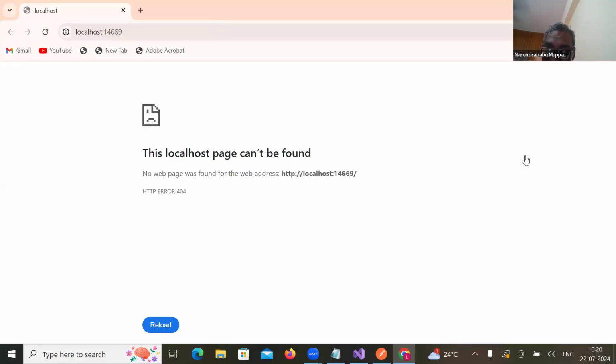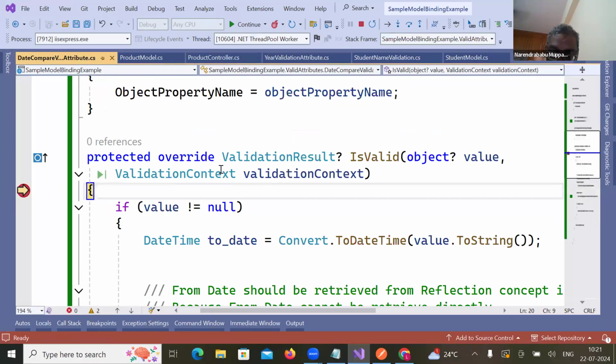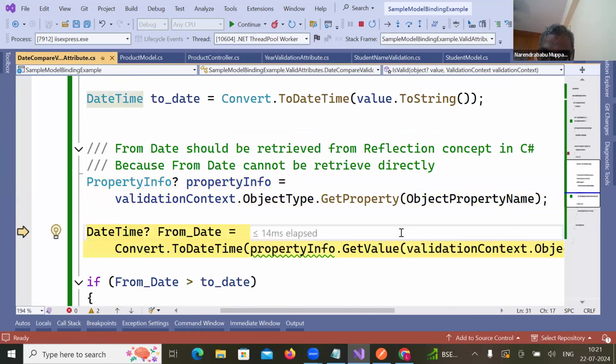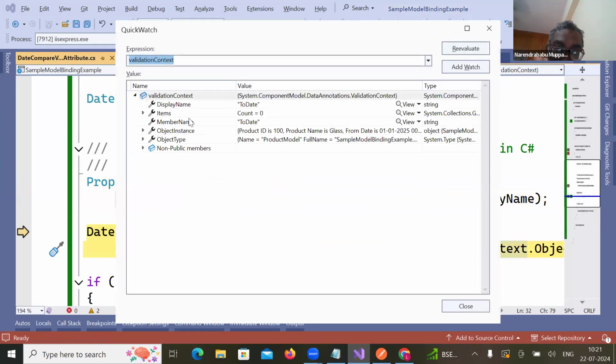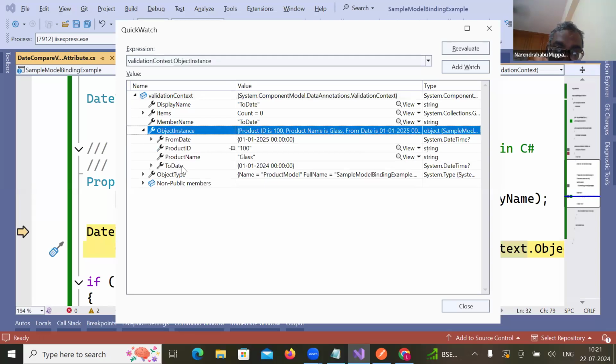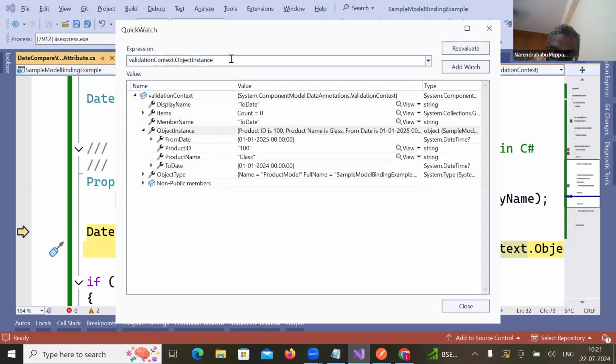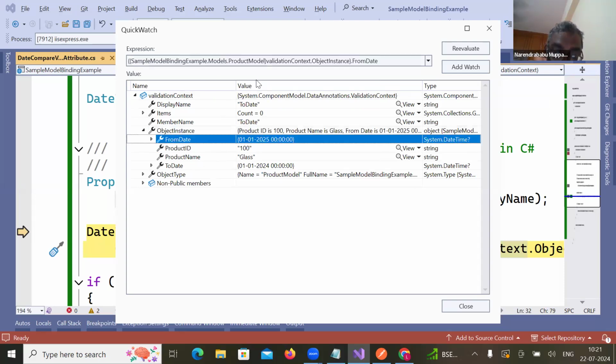Now, if you press send here, what will happen? It will come here. F11. I get that. Now, if you look into this object, the validation context is an object instance. Now, for this instance, you pass the property name. What is the property name you are looking for? Tell me. From date, right? So,